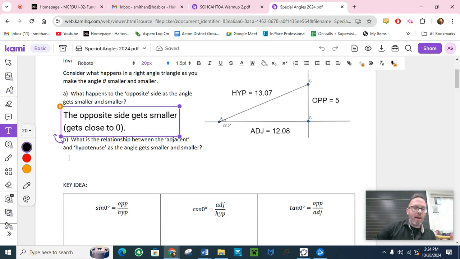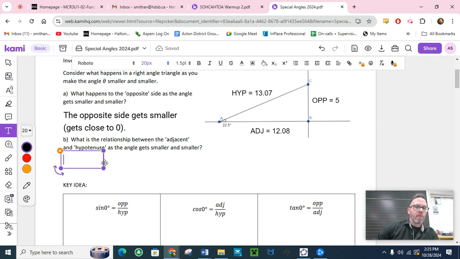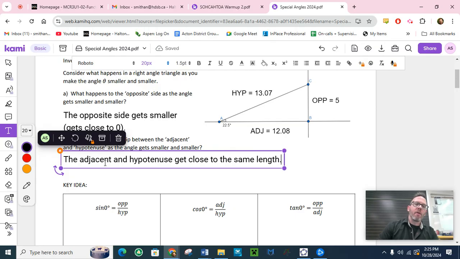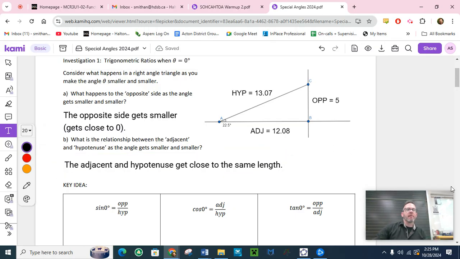And the adjacent and hypotenuse, as that angle gets smaller, we'll say the adjacent and hypotenuse get close to the same. I'll just say get close to. Get really, really close. All right, just with those two observations, we're now ready to state, and this is some brand new tech for you guys,